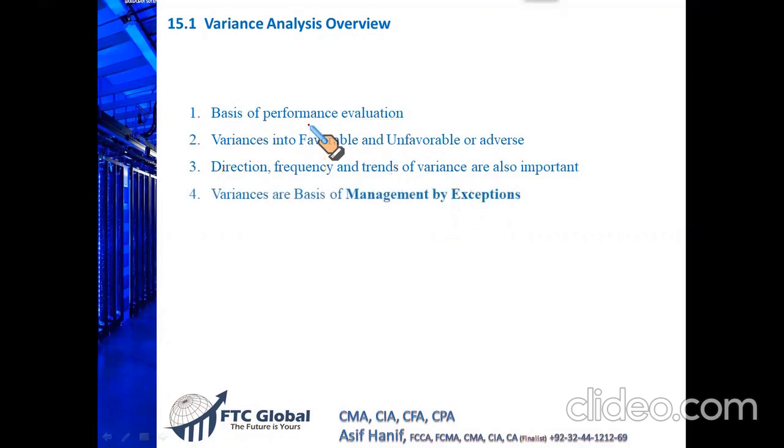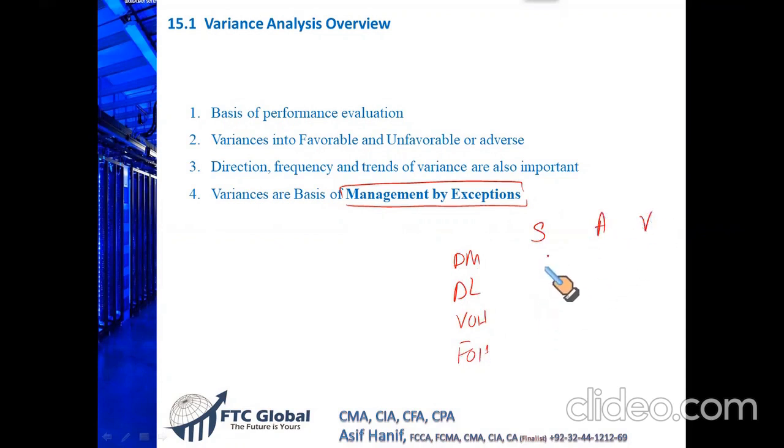So remember, variance analysis is based upon management by exceptions. Now, what does it mean? Let's say we have different areas to control. Let's talk about the production cost: direct material, direct labor, variable overheads, fixed overheads. So we set certain standards, and then there were some actual results. And in the last column, we have variances. We set a certain standard for the direct material. We do the exact work as was required. We set a certain target for direct labor. We achieve the target as desired. But variable overhead was more than our expectation. So this is something that we need to put our attention to.